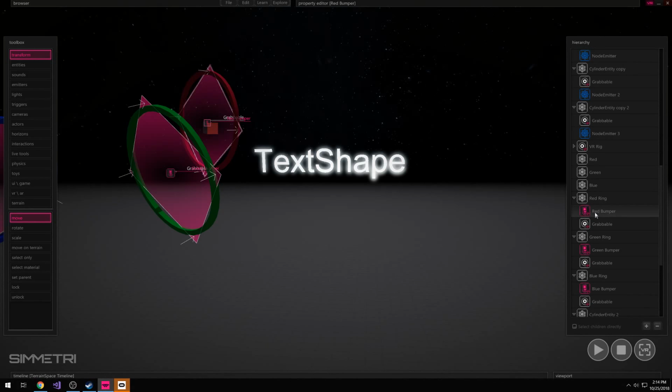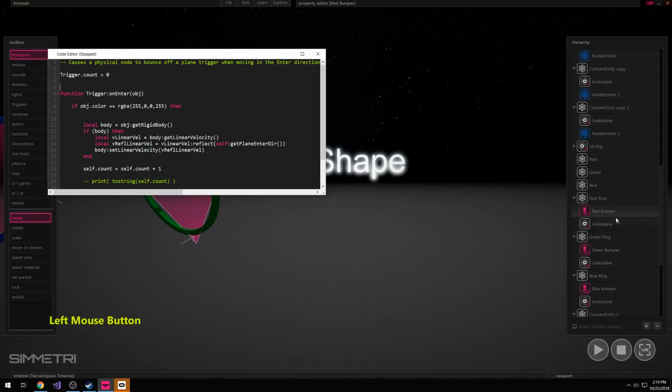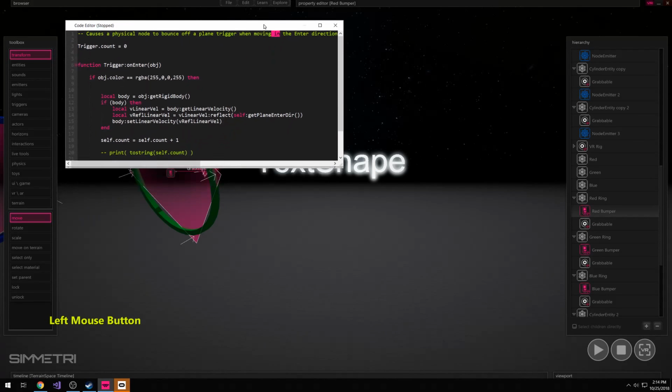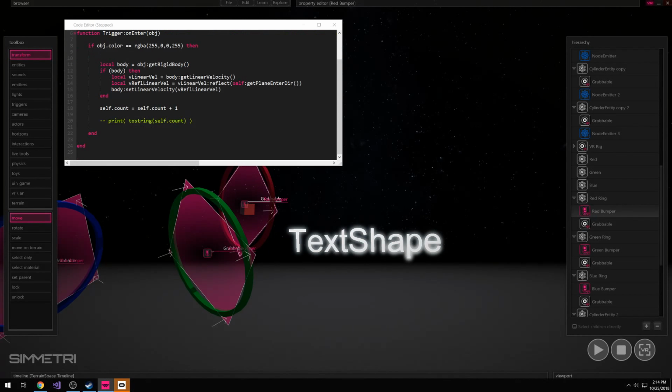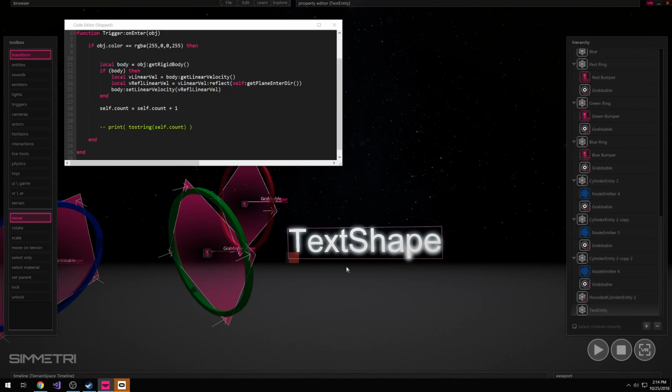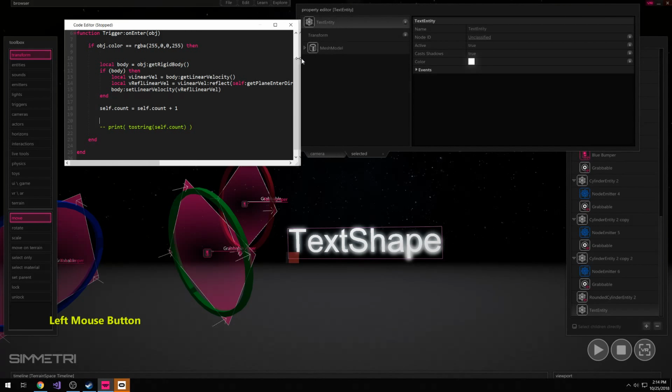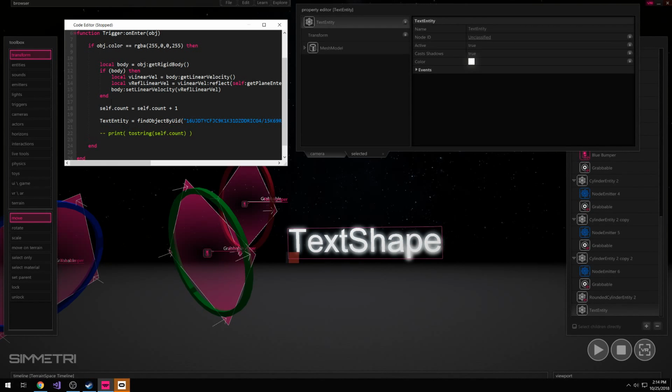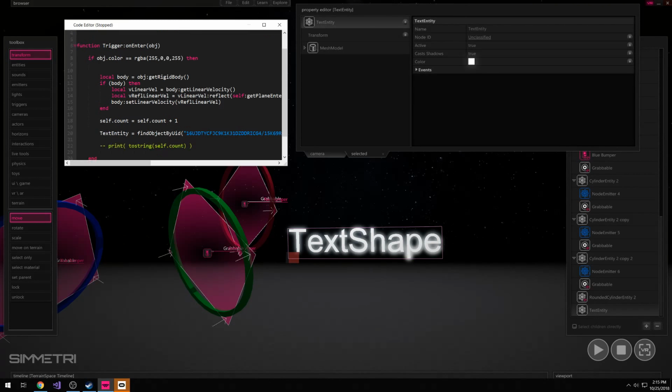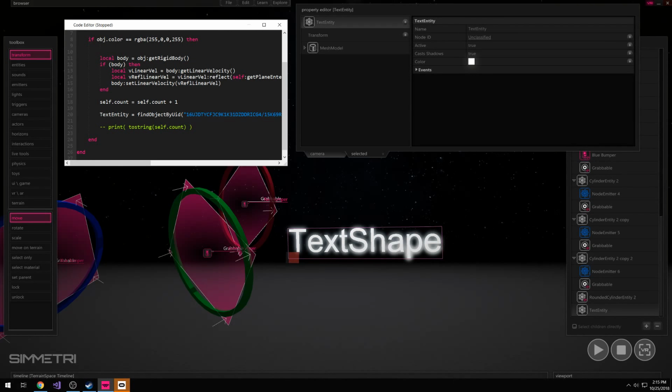We're going to right click and hit edit code. And right down here where we were printing, I'm going to change this text shape's text property. Let me show you where this is. So the text shape, I'm just going to drag it in here, and we've just increased our count, right? The red one bounced and all this stuff happened, and then it increases the count. Self count equals self count plus 1. Text entity,